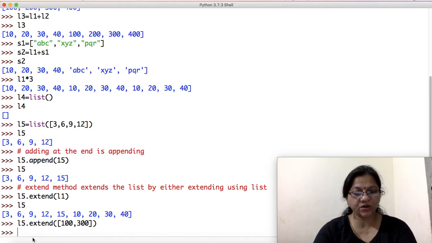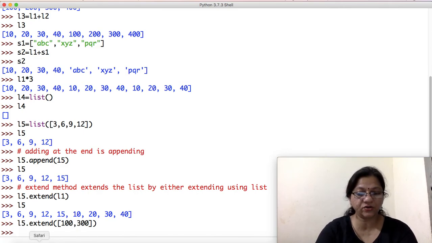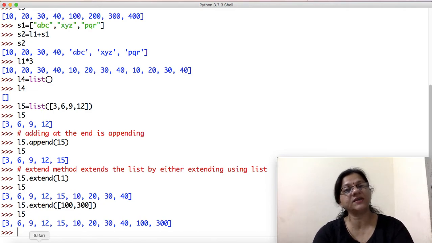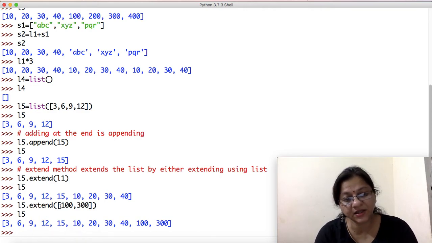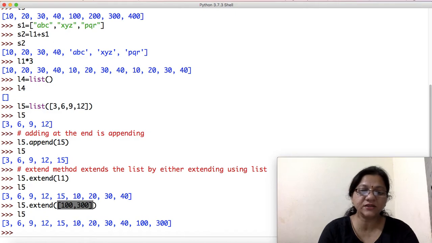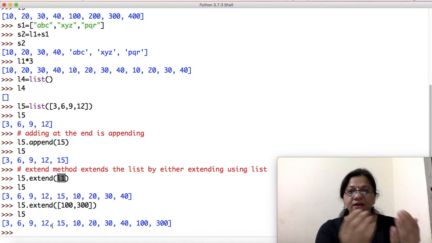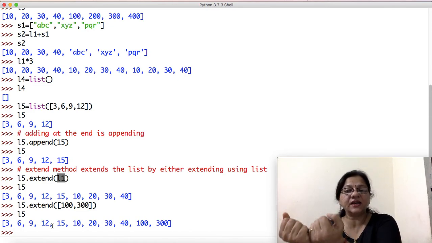And if I do this now, since it is of the form list, it is going to extend it further. Now L5 will not be only this much, it will continue with 100 and 300 also. So let's see what it gives. Right? So this is what is extension. Extension, as in this example, I've just directly put a list here, and here it is an existing list which was already there with me. In either case, it's again adding at the end, because extending is again